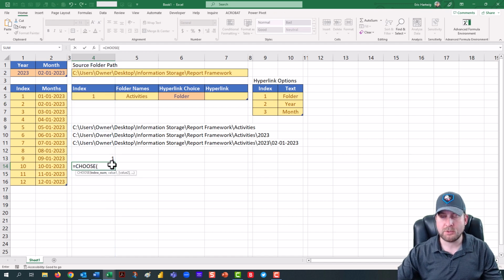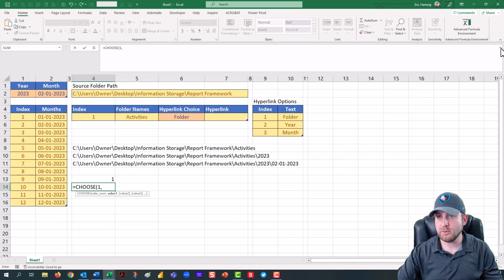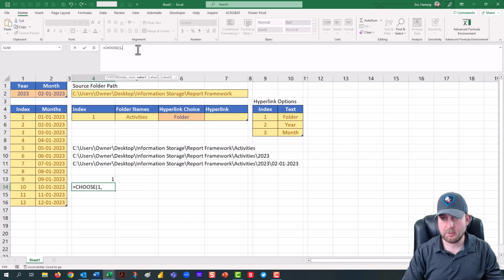Now, one super awesome thing we can do with this is use the choose function. The choose function takes an index value, which is actually going to be this right here, which we're going to do a placeholder of 1 for, and we're going to feed in the 3 different options we created for our choose, and get just a little bit more real estate up here. Now, we've got our choose function. We're going to say 1, and control or alt enter,